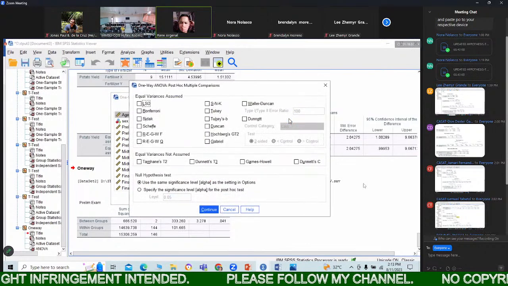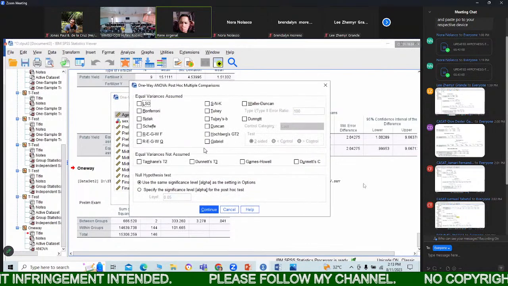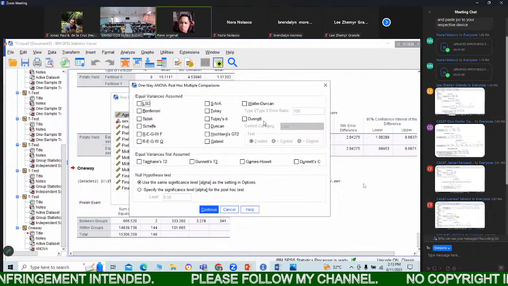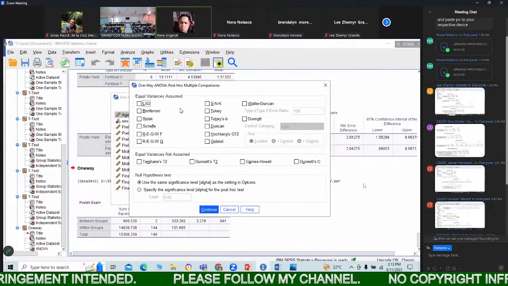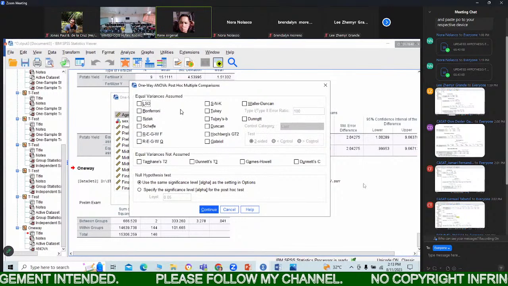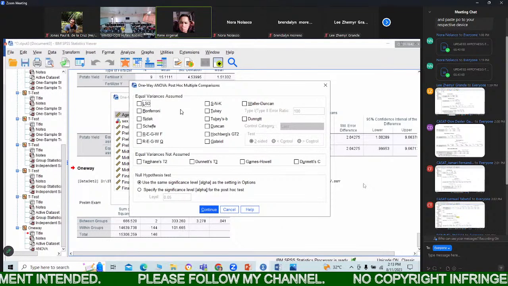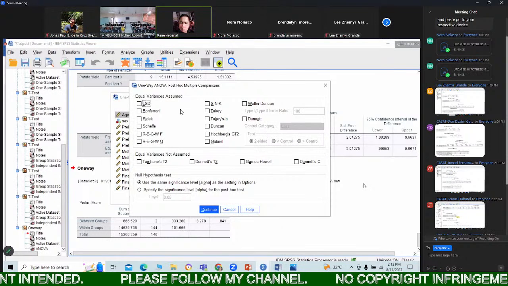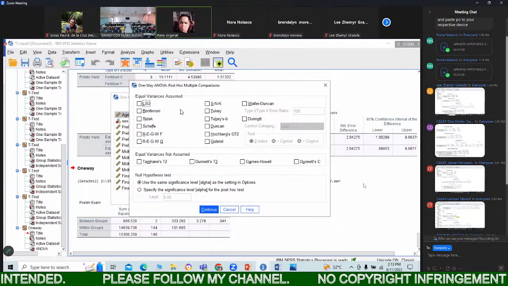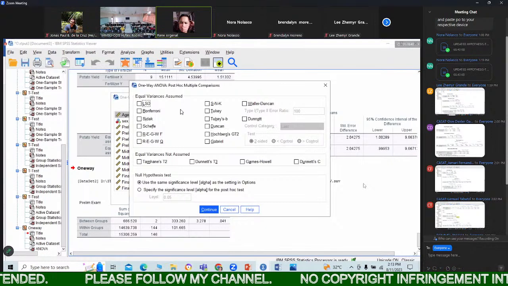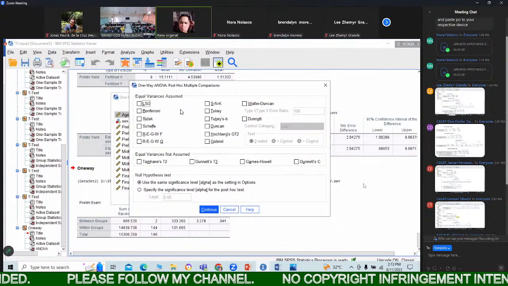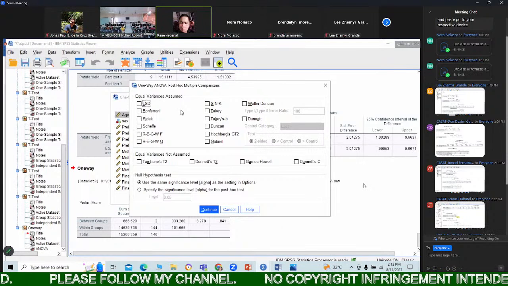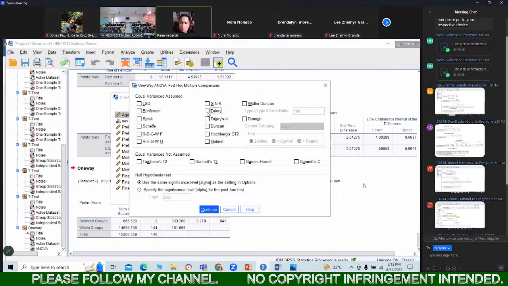So post hoc, actually there are many that you can choose here. This is just a statistical test, no? For one to determine which pairs are significantly different. So in my case, I employ Tukey, because Tukey